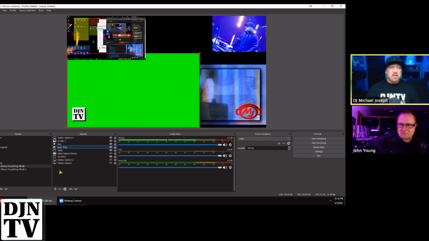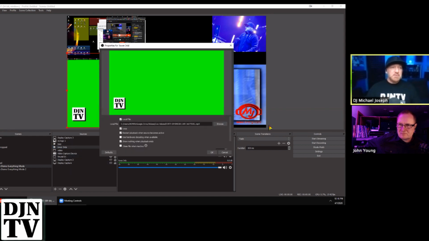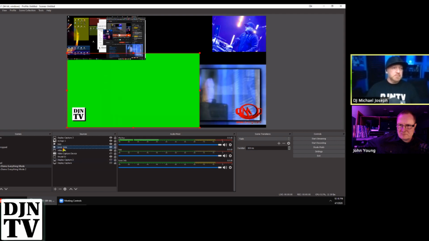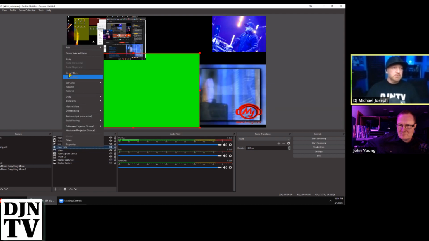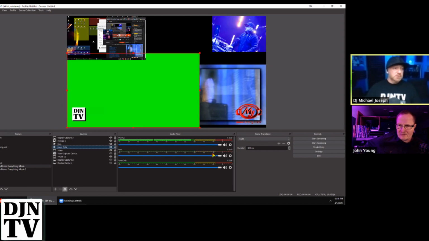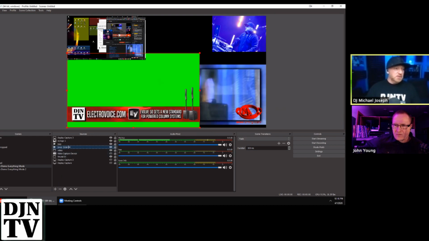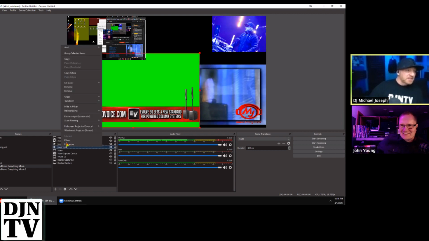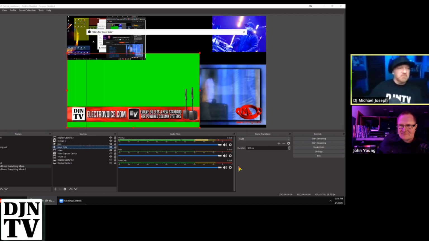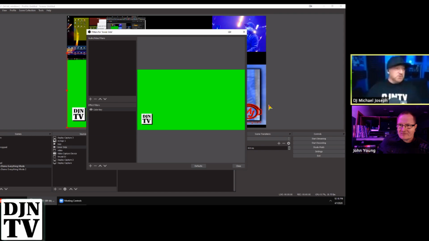So if I make sure I have that highlighted, click on properties, it's going to bring up, nope, filters. Wait, the properties. Is it filters? I forgot how to do the filter here. Hold on. Oh, I think I have to add filter. I have this running all the time. Why can I not do this? Filters right there. It's a right click and a filter. So I'm adding a filter to it, and I already put it in there.